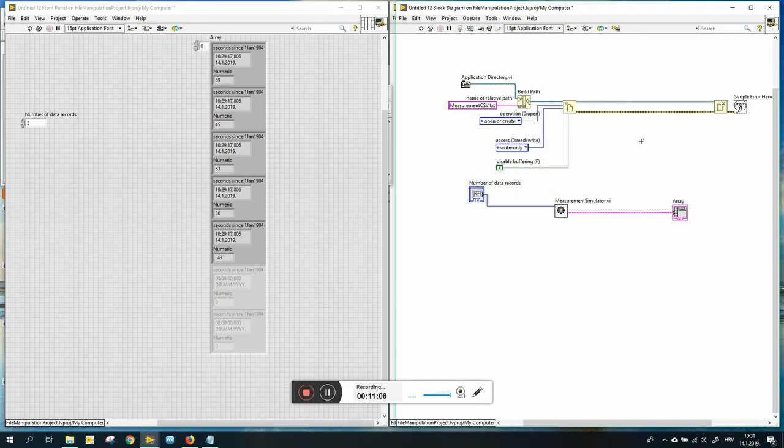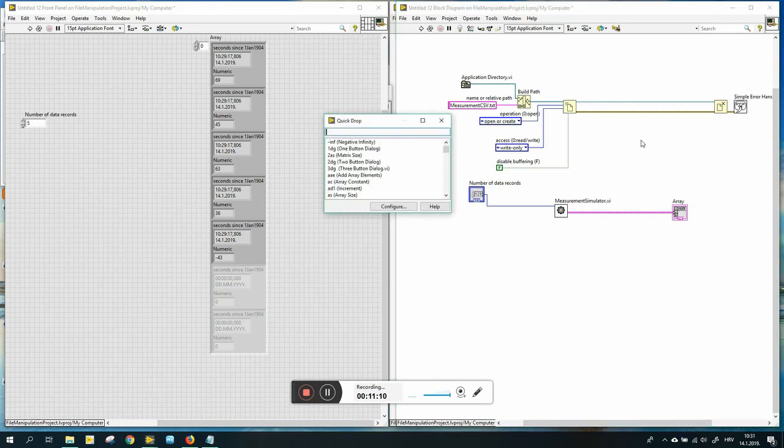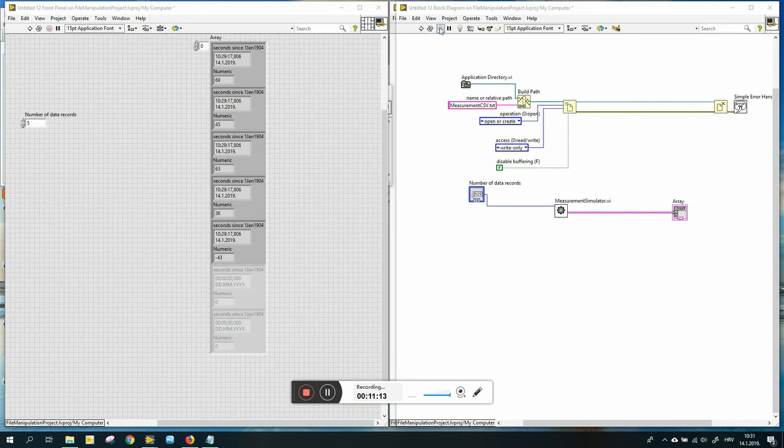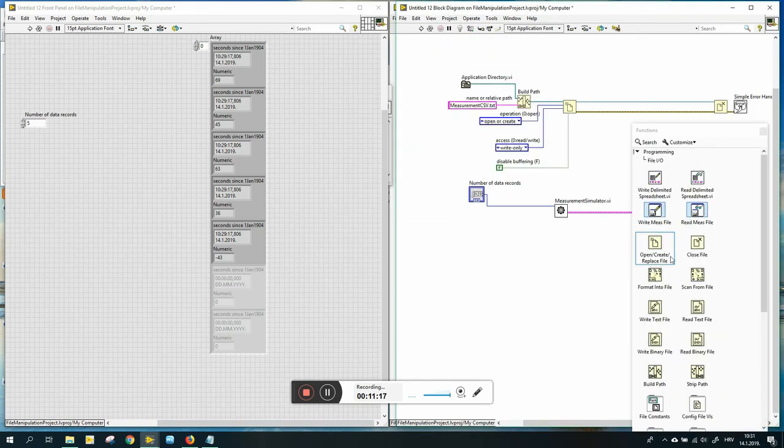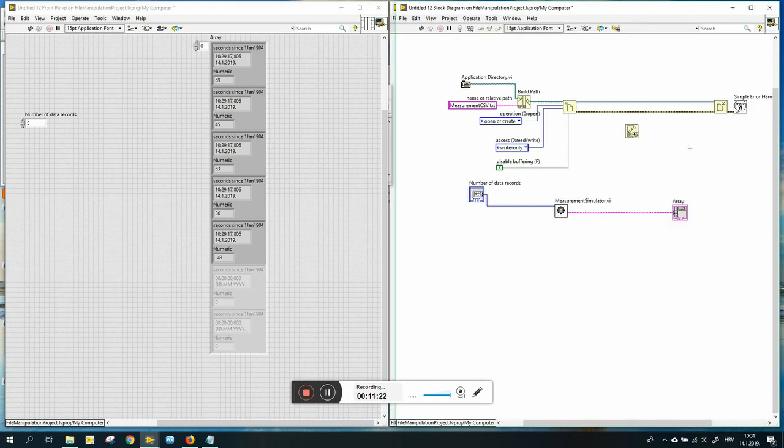The function that writes to a textual file is called Write to Text File. It is located in the same palette as all the other file input-output functions, so we just place it on the block diagram. Here we have the functions palette. I will disconnect those two wires,